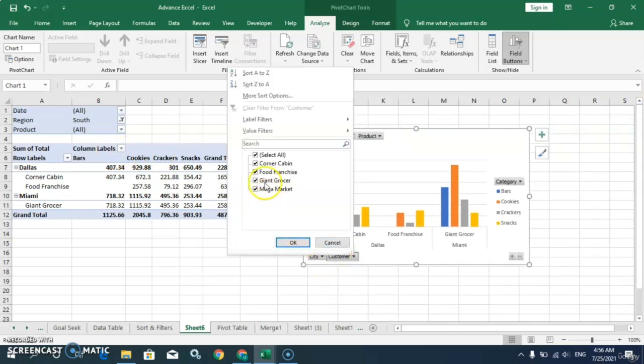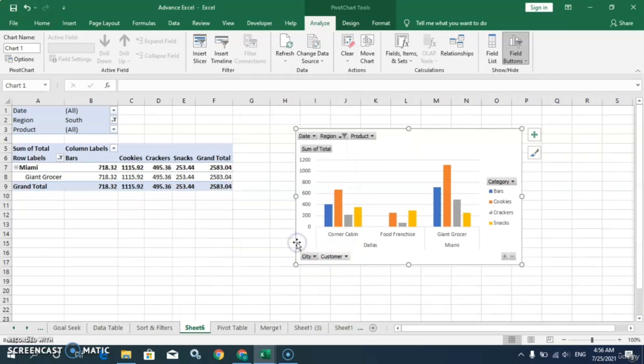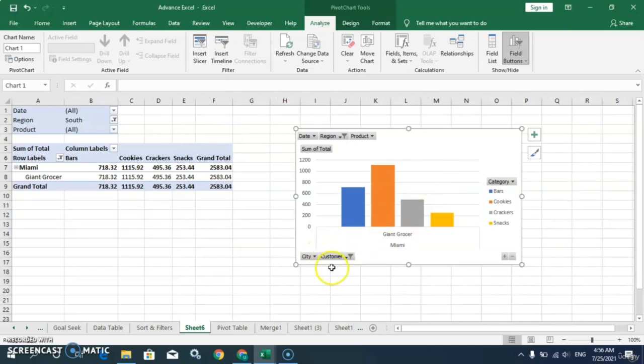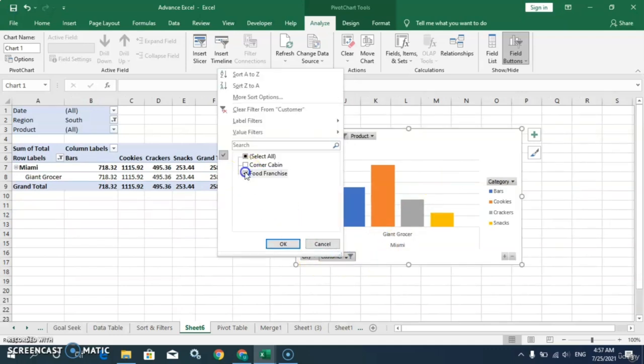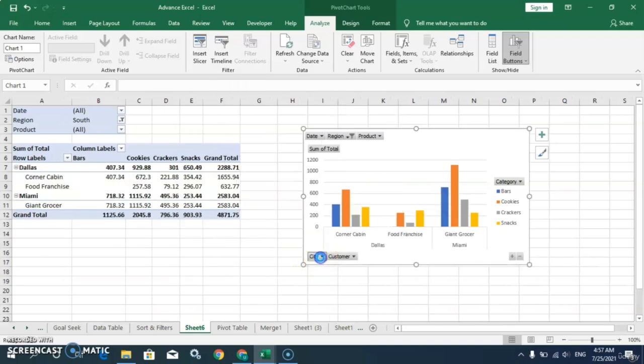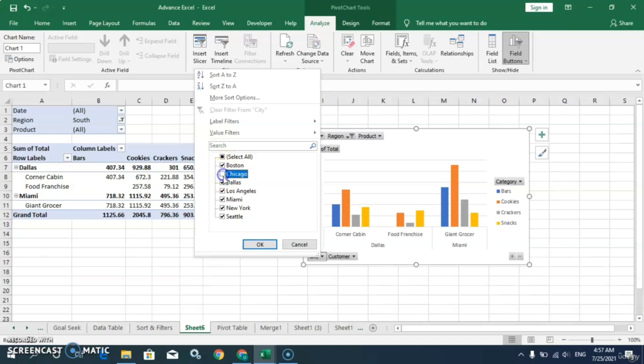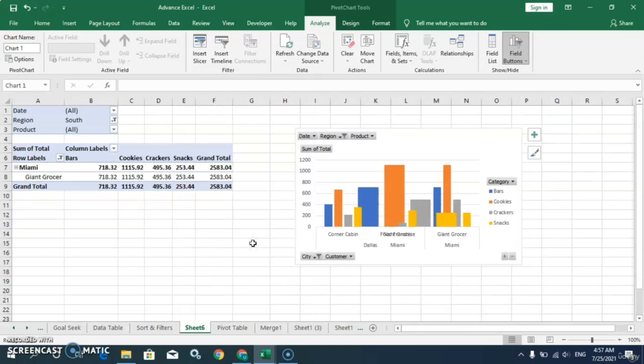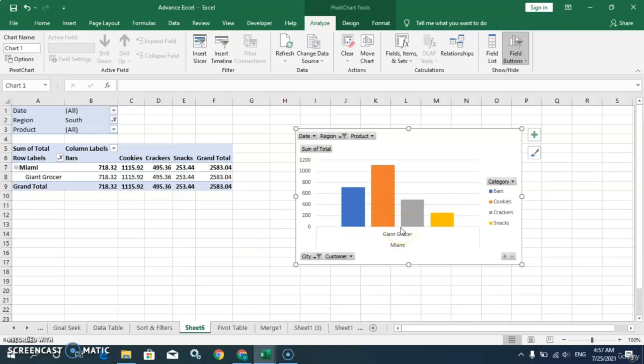Here also we can apply filters. Now I will apply city-wise filters. See, in this way we can use the pivot charts,